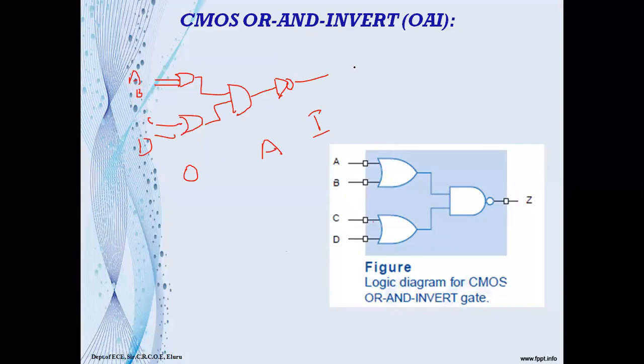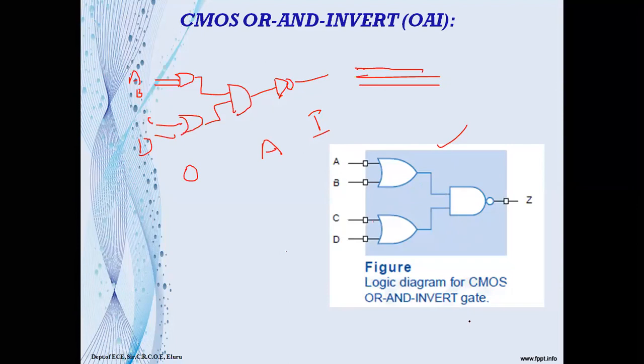This circuit has an equivalent circuit, which is this one here. See, the NOT gate and AND gate are replaced with the NAND operation. So now we have reduced one stage here, and you can implement this entire OR-AND-invert logic gate again with a single level of transistors, which we have seen in the previous one. That is the AND-OR-invert case.